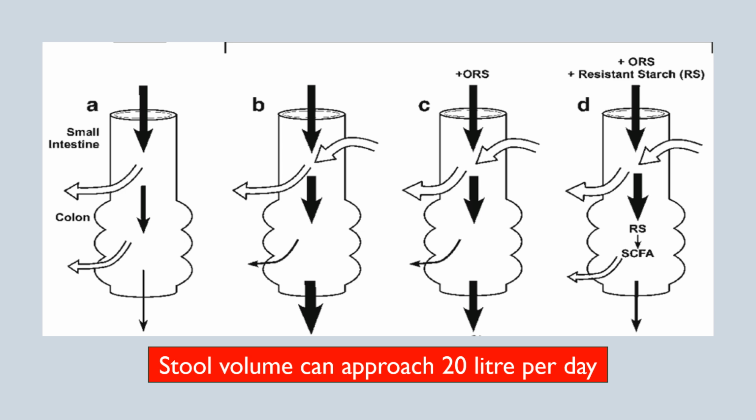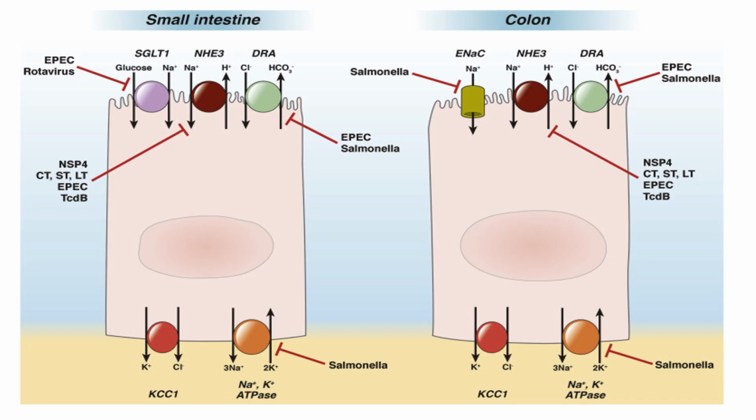So how is it possible? Now we will see that in case of cholera, the cholera toxin prevents or reduces the function of NHE3. We have already seen. So the sodium chloride absorption from the intestinal lumen is prevented, and it further increases the activity of CFTR, so the chloride secretion is also increased. But one good point of cholera is that